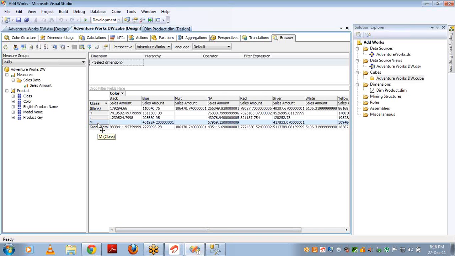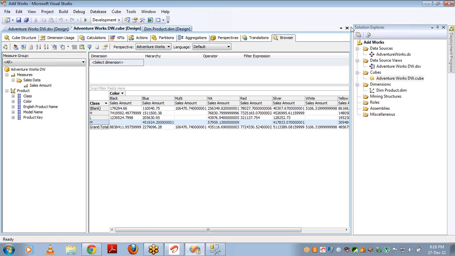This is how you have to add an attribute, or based on your requirements, you can modify your cube. For example, if you are working on a support project or on some enhancements, then the cube will be there already, and you have to add an attribute or a measure, or change the functionality a little bit. Okay, and